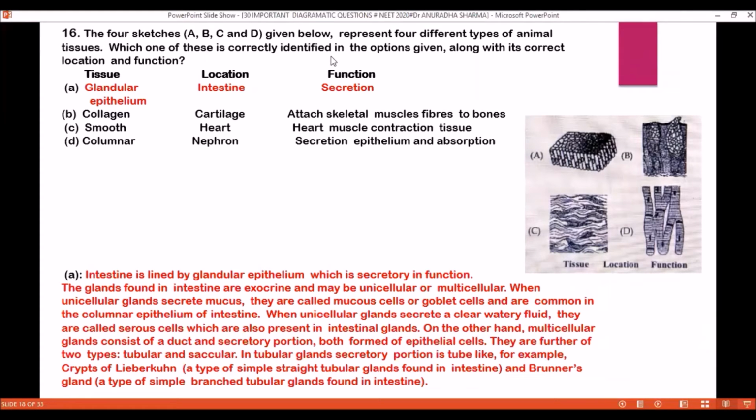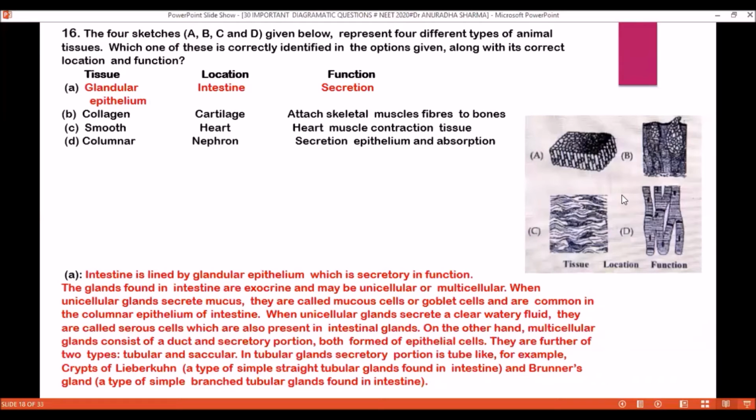The four sketches A, B, C, D given below represent four different types of animal tissues. Which of these is correctly identified in the options given below along with its location and function? So this is the diagram of four types of tissues. We have to identify A, B, C and D. So the correct option, this is intestine,